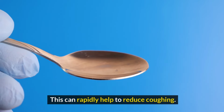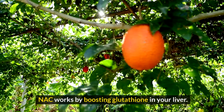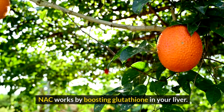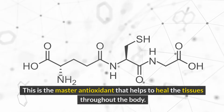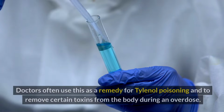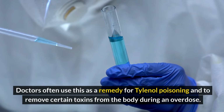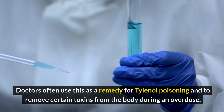This can rapidly help to reduce coughing. NAC works by boosting glutathione in your liver. This is the master antioxidant that helps to heal the tissues throughout the body. Doctors often use this as a remedy for Tylenol poisoning and to remove certain toxins from the body during an